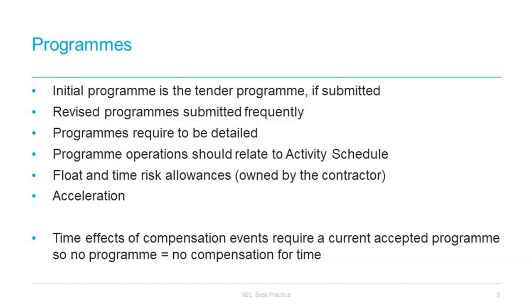Now, of course, this can be a very messy area to unpick, and it's particularly difficult to progress this sort of claim if a contractor has not regularly submitted programmes which accurately record progress at the time. Obviously, before going down this route, it's clearly very helpful to flag to a project manager that they have rejected a programme for invalid reasons, and that as a consequence, as a contractor, you're entitled to apply for a compensation event. That in itself might be enough to persuade a project manager to consider the programme again, or at least to open up a discussion about how to adjust the programme without immediately escalating to something like adjudication.